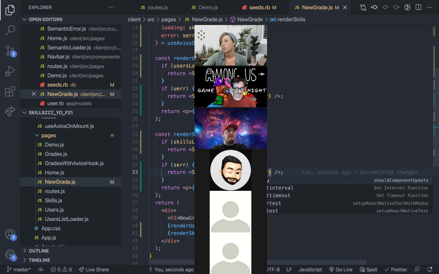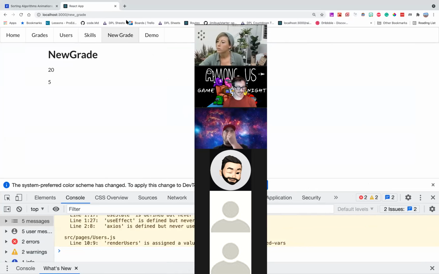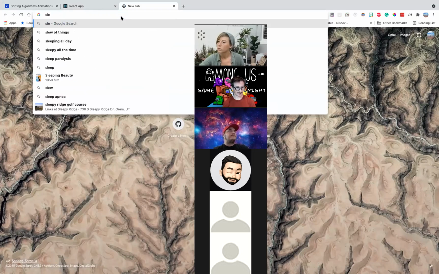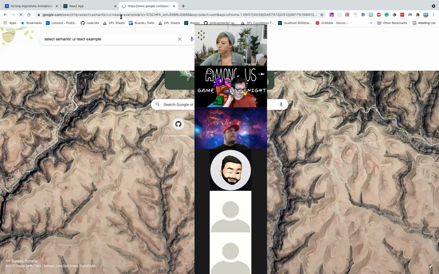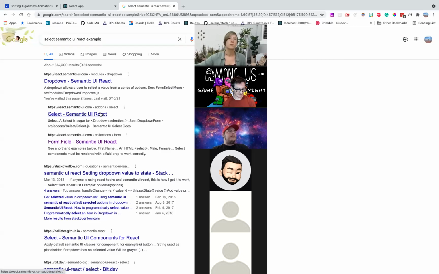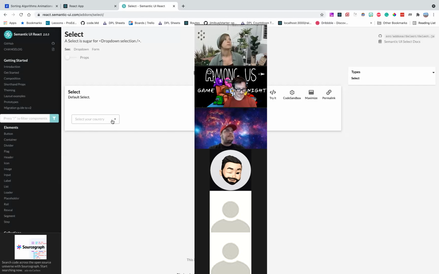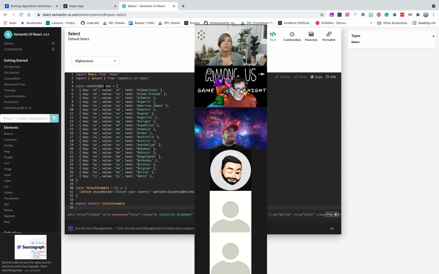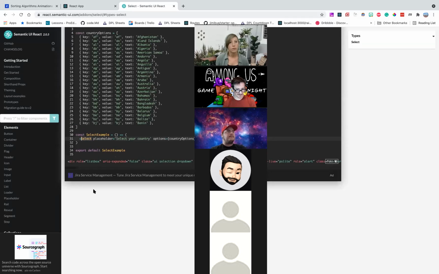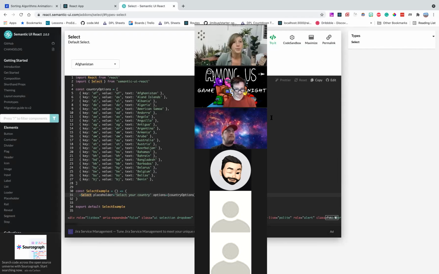Sweet. So let's go ahead and actually render these selects. I always need to look at the select from Semantic UI React. So these have the options that we need, where we need the key, value, and text. We need to select. This one doesn't have the on click. We'll see if we can kind of figure that out, but